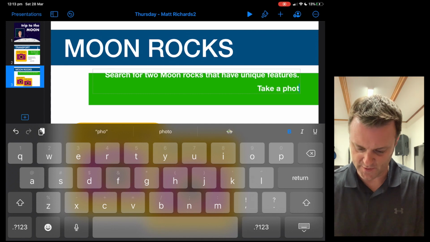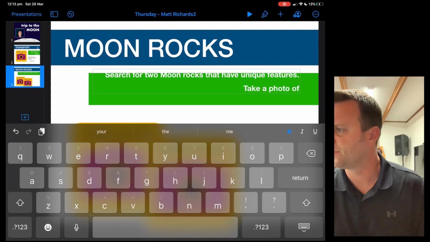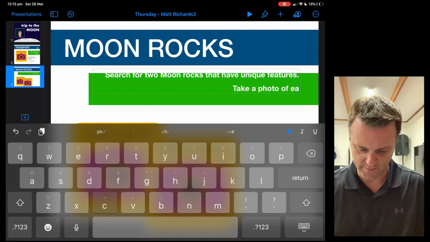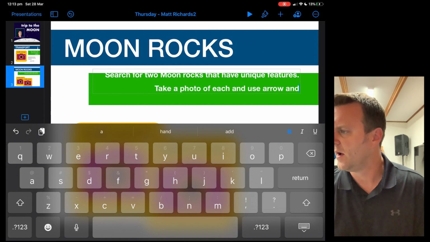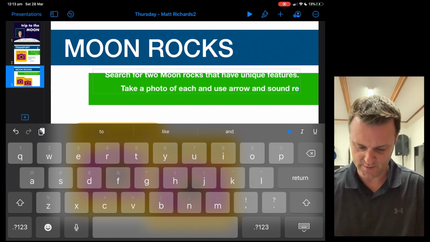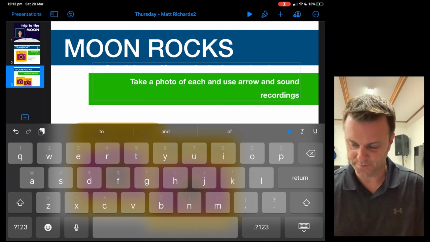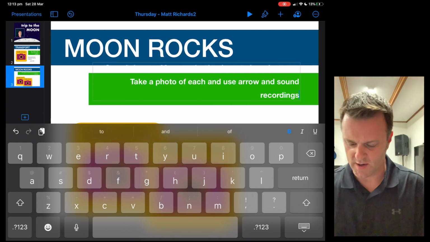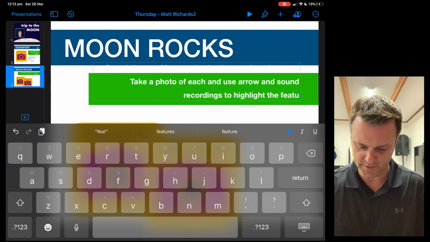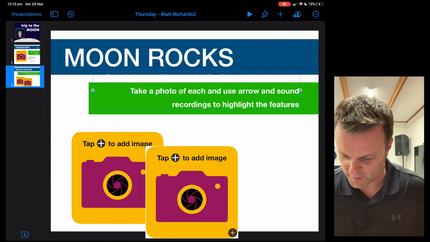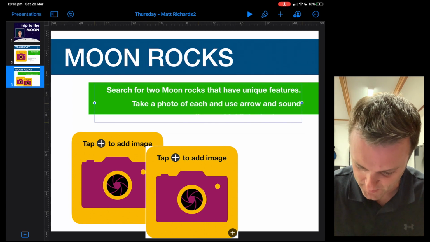Take a photo of each and use arrows and sound recordings to highlight the features. Promise this is the most amount of text in any of these pages, by the way, so if